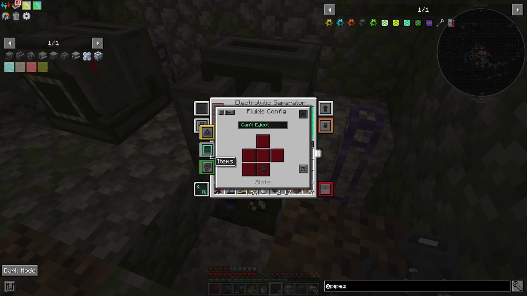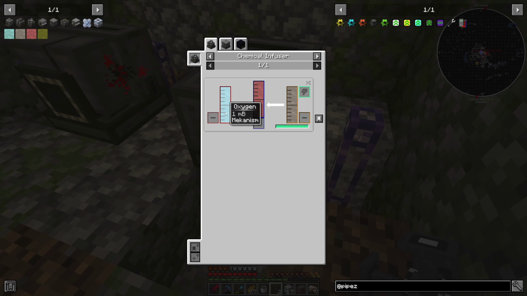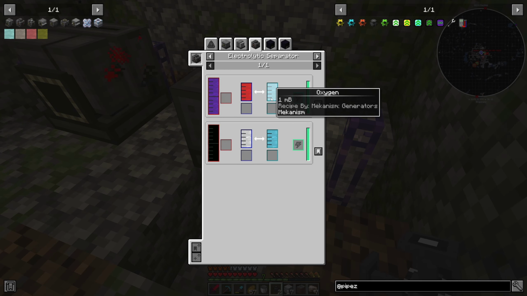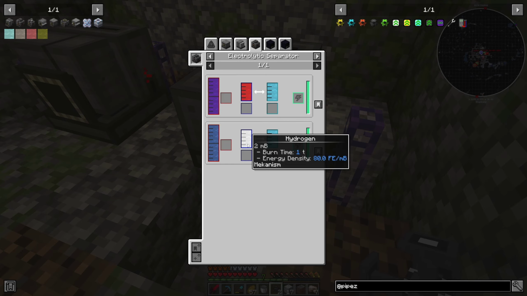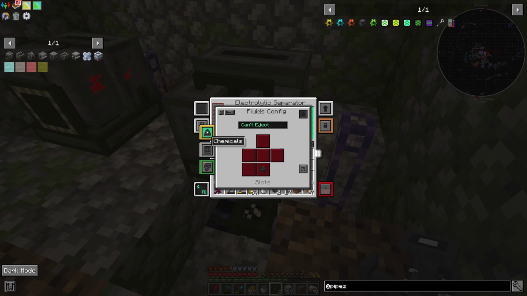Chemicals can't eject, so that means that there's no chemicals coming out. No, it's not a chemical coming out, it's oxygen, so it's a gas. And hydrogen, which is also a gas. So chemicals, this is fluids. Okay, so apparently it's a fluid. It's a fluid now. Okay, great. Okay, eject on the left and the right. We're gonna not eject on the left. We're gonna just eject on...